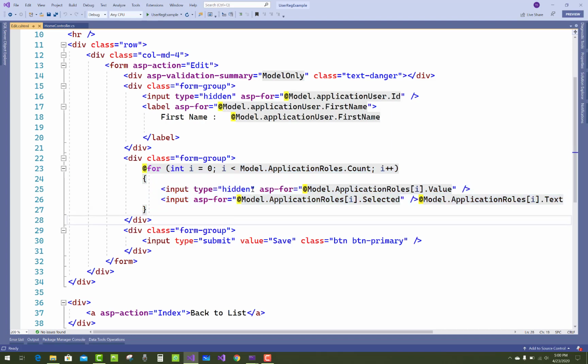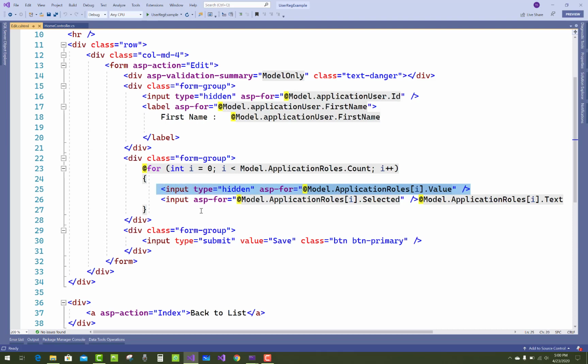So you can use it here: model.ApplicationRoles, which exists in the model class, is a list of roles, with Count. And you can also use a hidden type property for the value, the checkbox bound to the selected property, the text, and return the value which is selected.